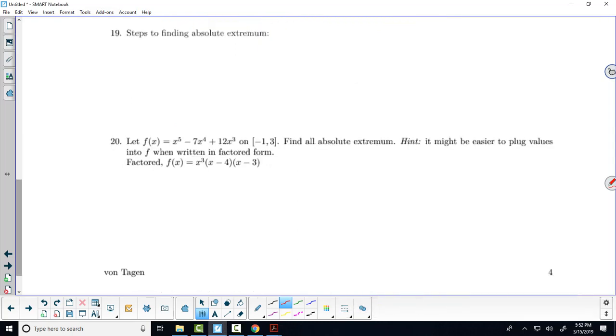Okay, so really the remaining exercises in this section involve finding absolute extrema. So what do we want to do if we want to find the global maxes and global mins of a function on a given interval? Okay. So step 1, find all critical numbers. Okay. Step 2